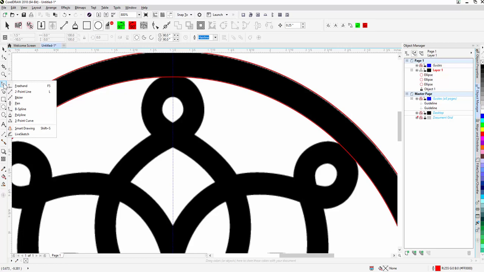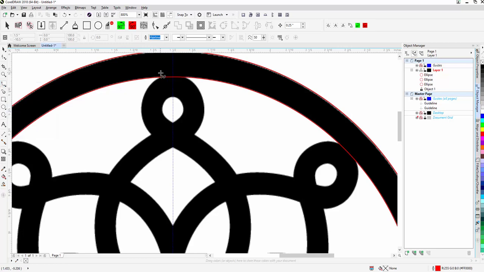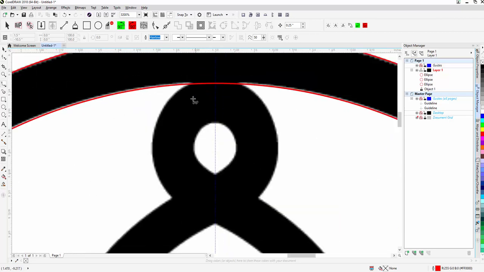So what I'm going to do is go over here to my drawing tools, and I'm going to use my B-Spline. It's one of my favorite tools, and you want to zoom in pretty close to do this. And I like to get a starting point that's further out than where I really need to be, because I want to start that curve out here on the outside, and then I'm just going to kind of go around right where it's blurry, and then I'm also going to extend this a little further than needed,